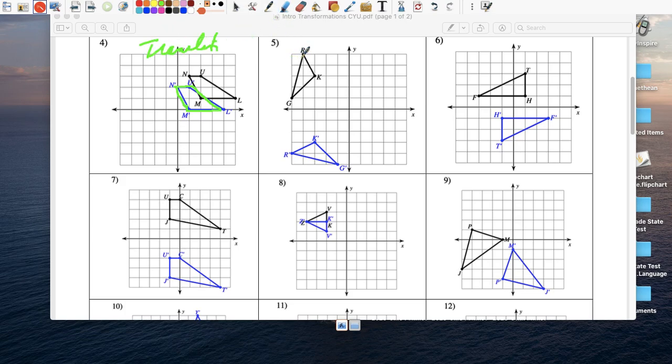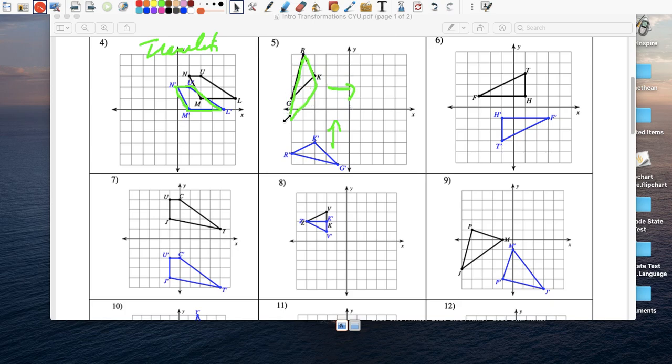This particular shape, the next one. Look where point K is pointing. Imagine this was a pencil. Point K is aiming this way, and now point K is aiming that way. So this is a